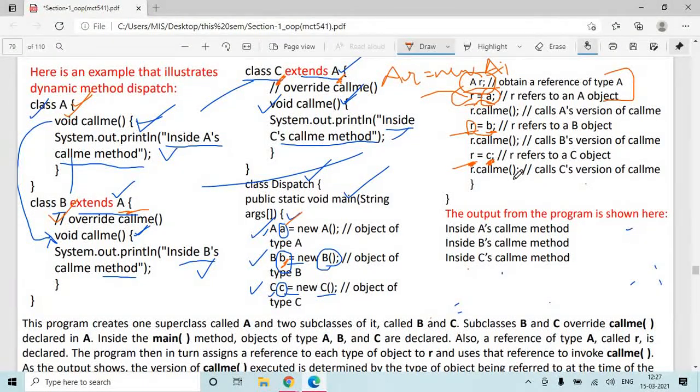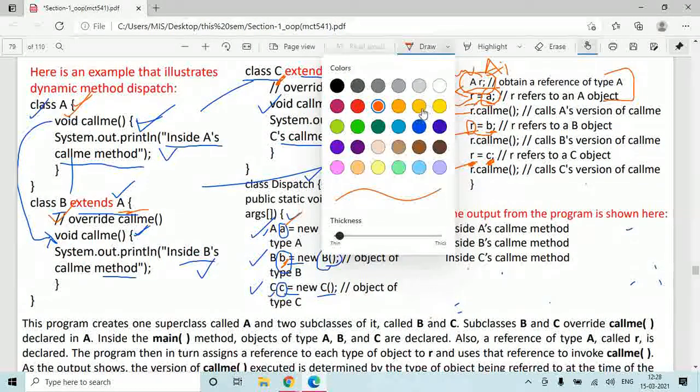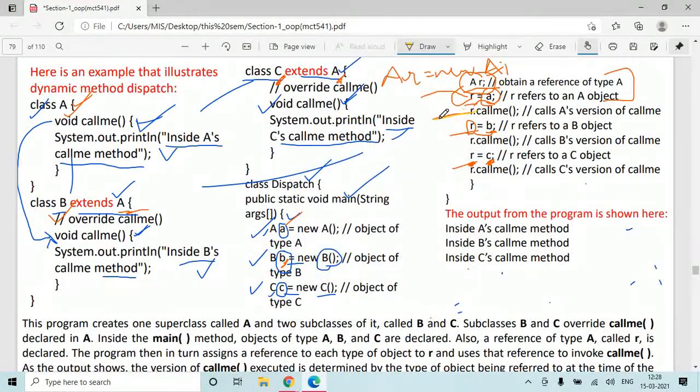So when the parent reference is pointing to an object of A, this call me will give a call to A ka version.